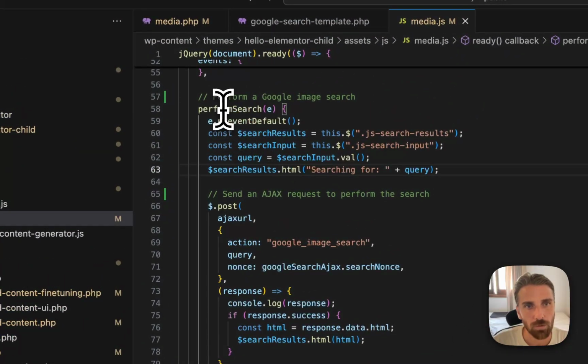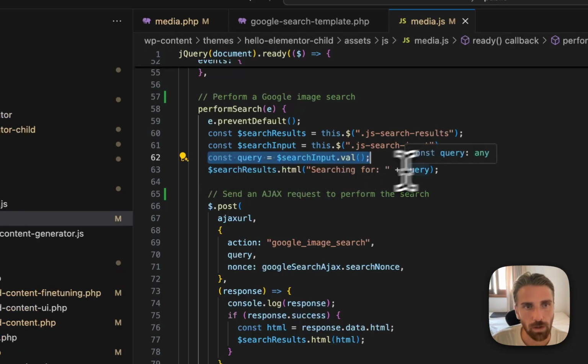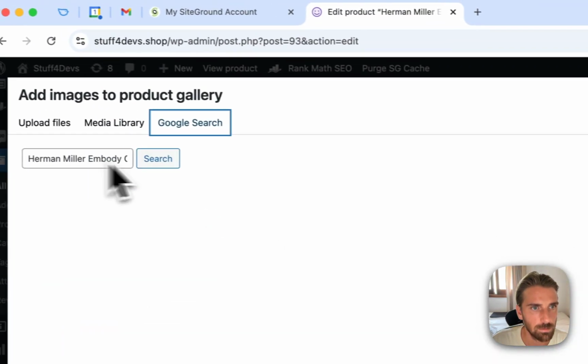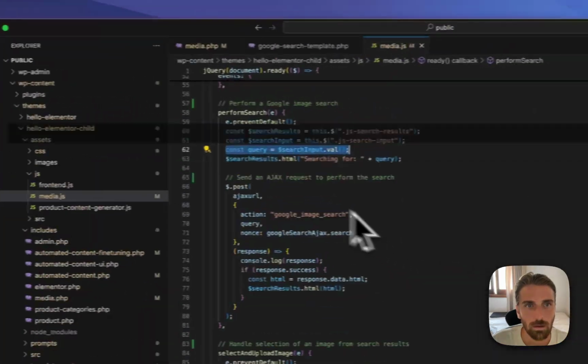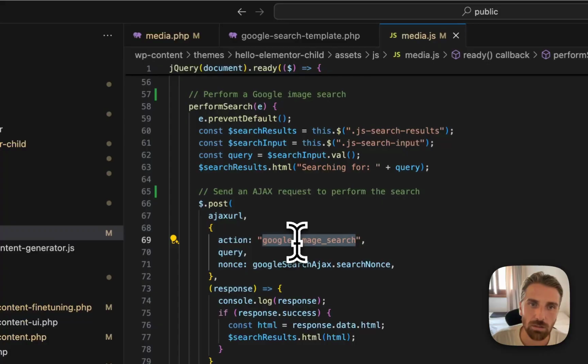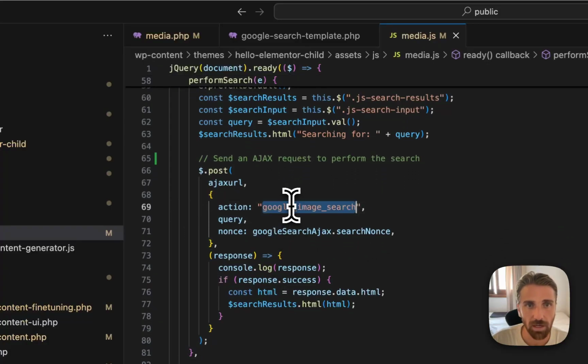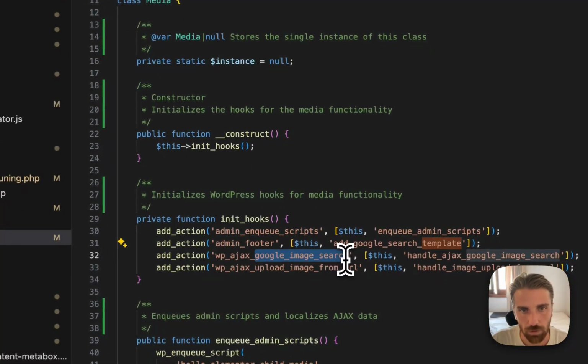And then perform search basically takes the query from the field, and then it says searching for the query. If you click searching for this query, then it makes an AJAX request to Google's image search AJAX hook. And this AJAX hook, Google image search,